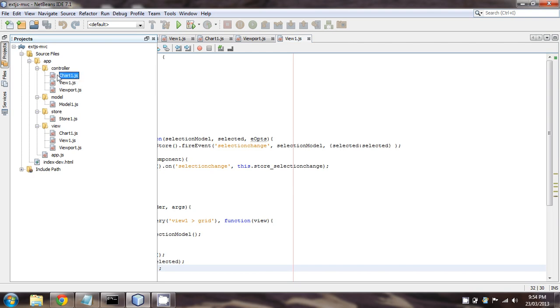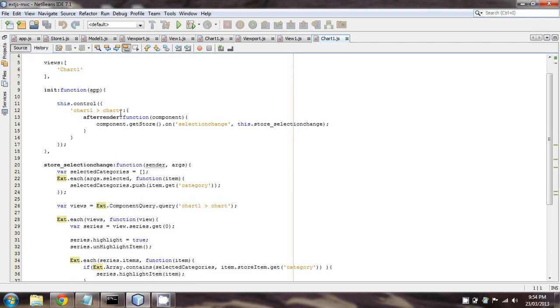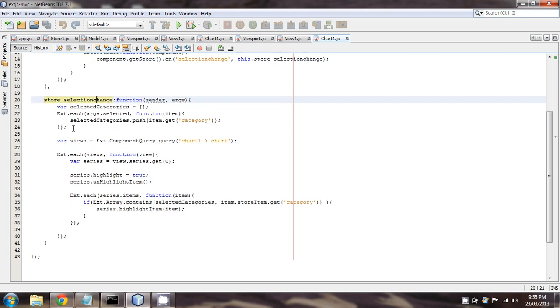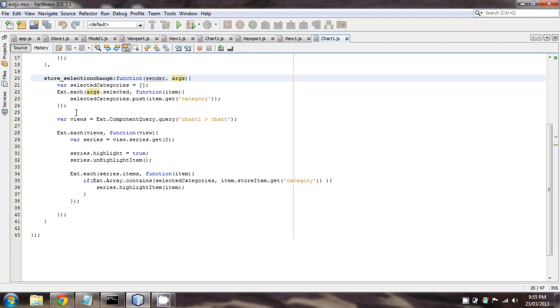Okay, on the chart, same deal. I'm not listening for chart selections right now, but after render, get the chart store, listen to its selection change, and if it's called, call this method, which is here. Okay, so this passes in the selection model and then the selected records in the args parameter. Okay, and then I just grab all the selected argument category names,